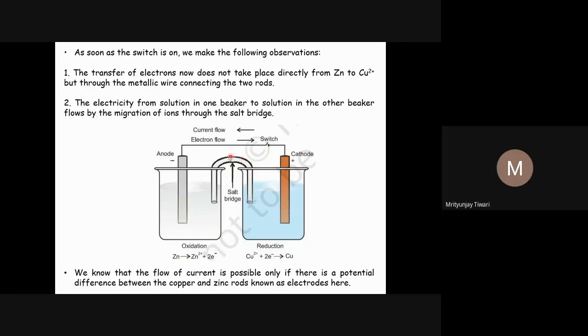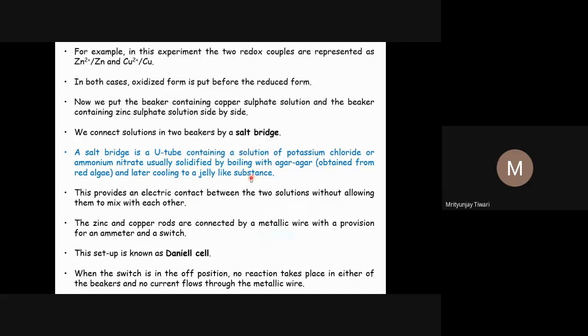Another thing we add is called a salt bridge, and the salt bridge is made up of agar. Agar we get from algae, I think red brown algae; you can find out which algae it is from, though this might be part of biology. Agar is obtained from algae, and to that agar we add certain kinds of salts like potassium nitrate or some other salts, and then the switch is there.